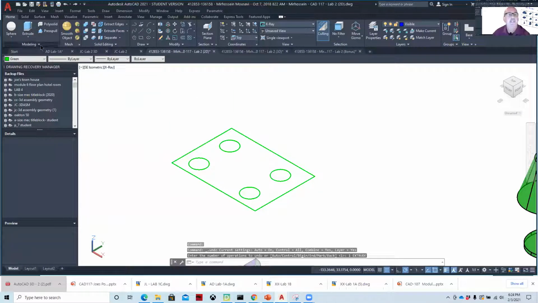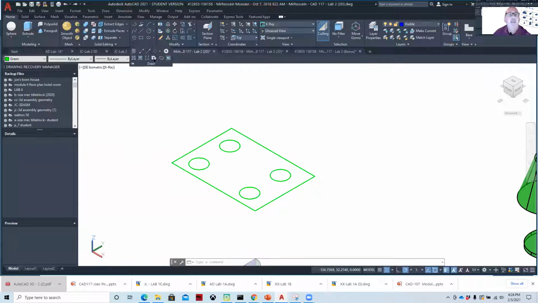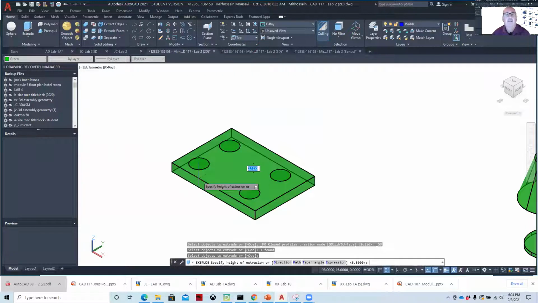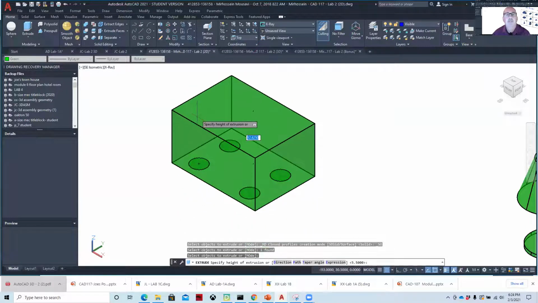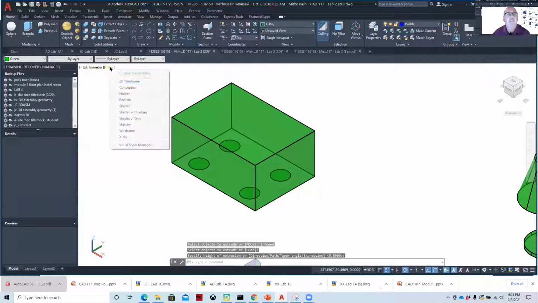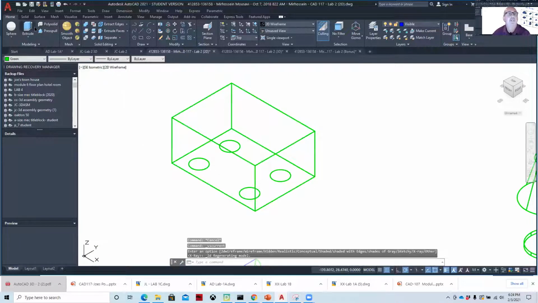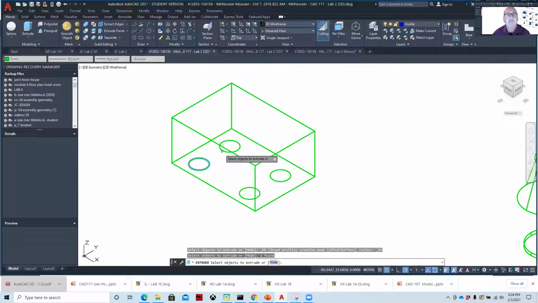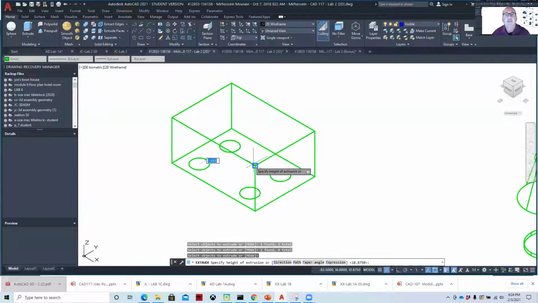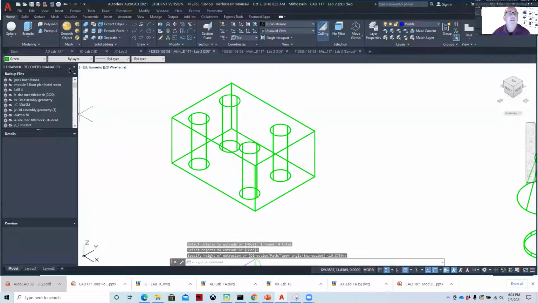So we create regions, and by creating a region, we're able to then make it into a solid shape. If I go region and put a box around it, and then hit enter, now it's created a shape for this. And then if I extrude this, and let's go up with this, I'm going to have to go to wireframe so that I can do the other circles and extrude those. And I'll extrude those to the same height. Then if I shade this,